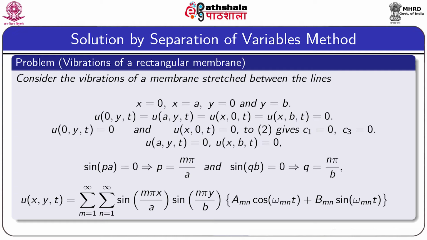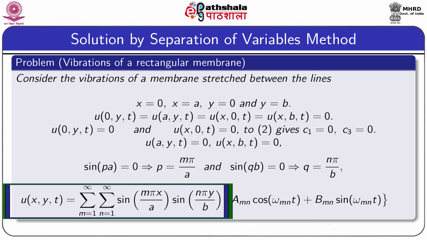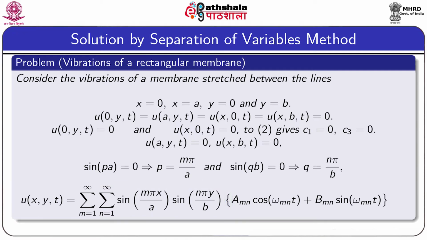Therefore, solution u can be written as u is equal to sum over m, sum over n, sin n pi x by a into sin n pi y by b into a_mn cos omega_n t plus b_mn sin omega_n t. Here omega depends on both the integer m and n, that is why we have used the suffix mn for omega,